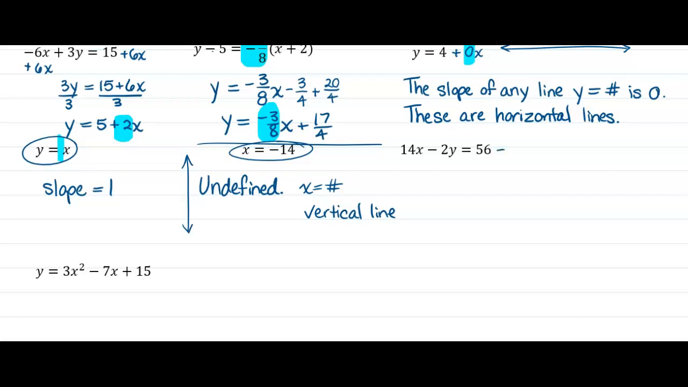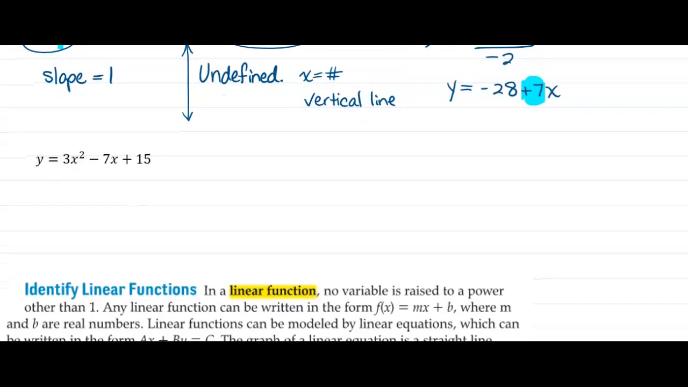Here's another one where we just have to get it into the correct form. So we end up with y equals negative 28 plus 7x. The slope would be 7. How about this one? Well, the coefficient of the x term is right here, but that is not the slope because this is not even a line. This is a quadratic, which means this is a graph that is a parabola. We cannot just say the slope of that line because it's not even a line,